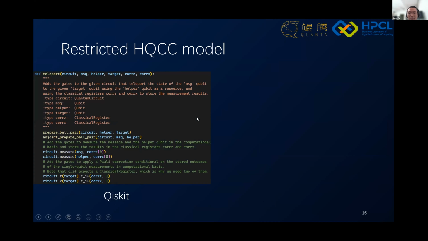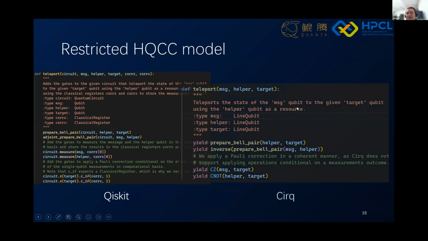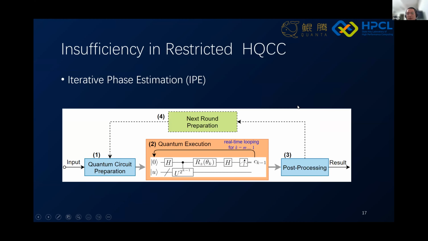Qiskit looks like this and Cirq like this, but if we look at a more radical example like iterative phase estimation, IPE, then you can see this program. It prepares the qubit state in the eigenstate and then applies phase estimation here.